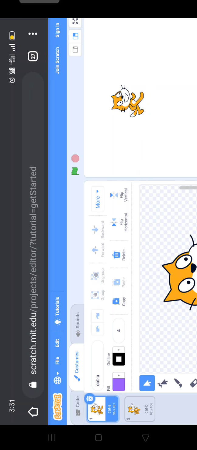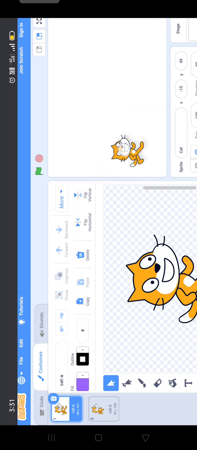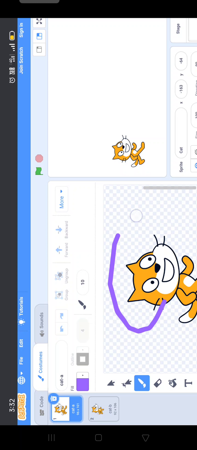So here you can change the character or give a different look to your character using these costumes. See, I will give it like this. The costumes option allows you to change the looks of the sprite or character.